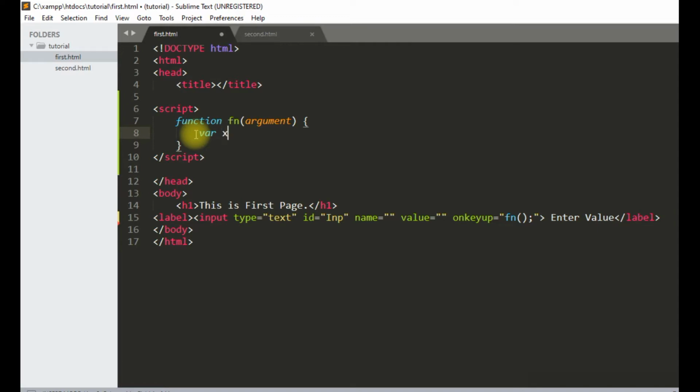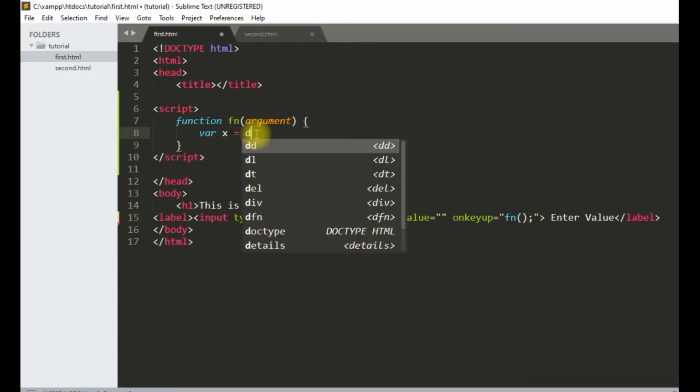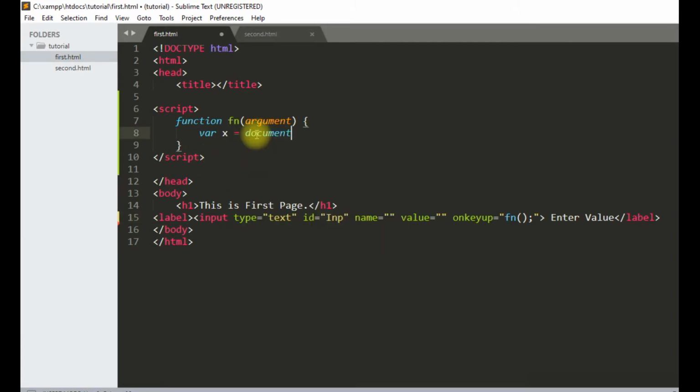Here we will define one variable x which will get the value of this input field with ID INP.